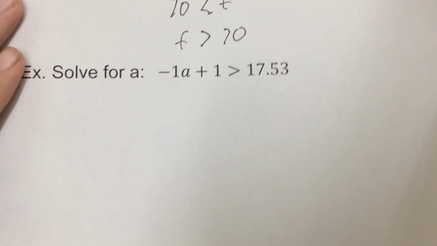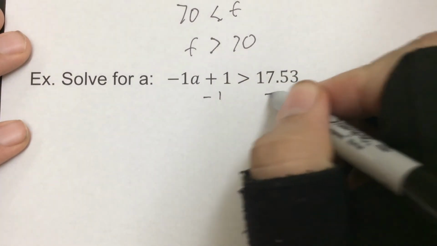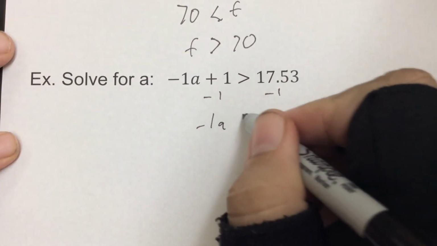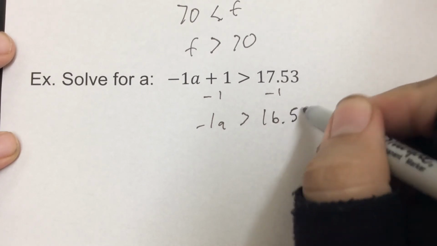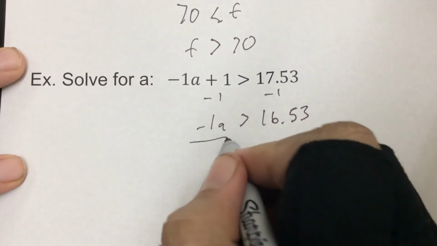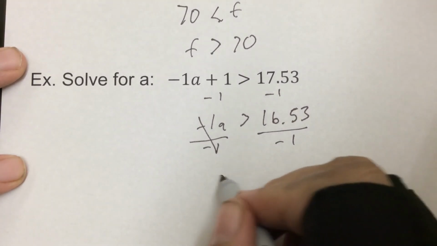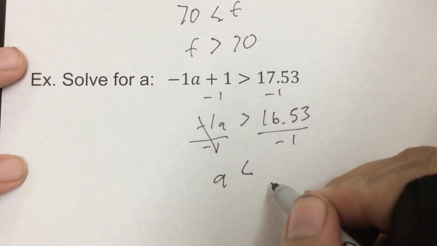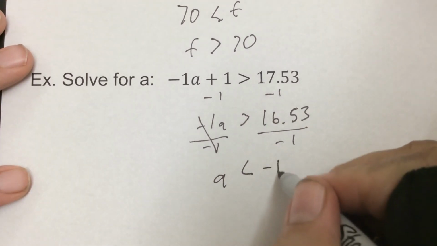Last one. So get rid of the plus first by subtracting 1. So -1a greater than, if we subtract 1 from 17, we're at 16.53. And then to get rid of the negative, we can divide by -1. So we have our a. Keep in mind we divided by a negative, so this switches. And dividing by 1 is just itself, but a positive divided by negative makes it a